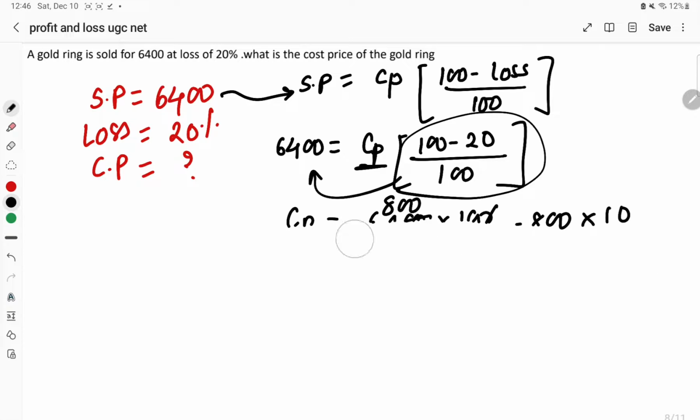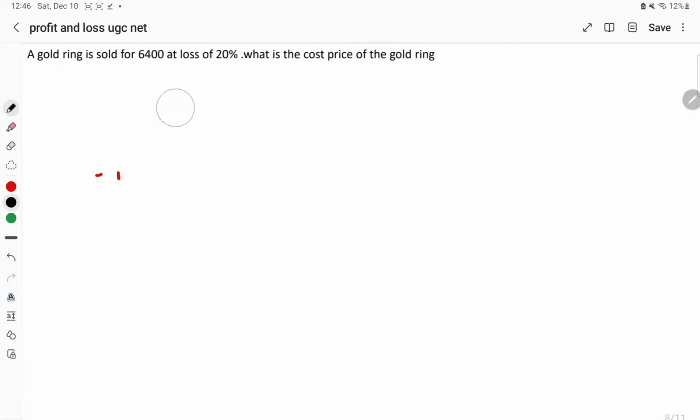Now how do we calculate it by the shortcut method? Look at the question. Whenever they ask us to calculate the cost price or the selling price, and what is given in the question is the loss percentage or the profit percentage, then at that time, if we have to calculate the cost price or selling price, please look at what kind of shortcut I'll use here. The shortcut is